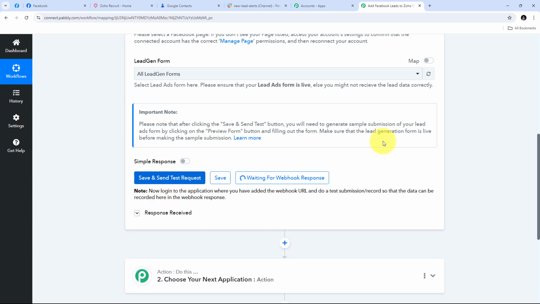And here we can see it is waiting for a webhook response. So how am I going to get this webhook response? For that, I need to first create a sample submission by using Meta for Developer. And by creating that sample submission of my lead, I'm going to receive the response of the lead here in